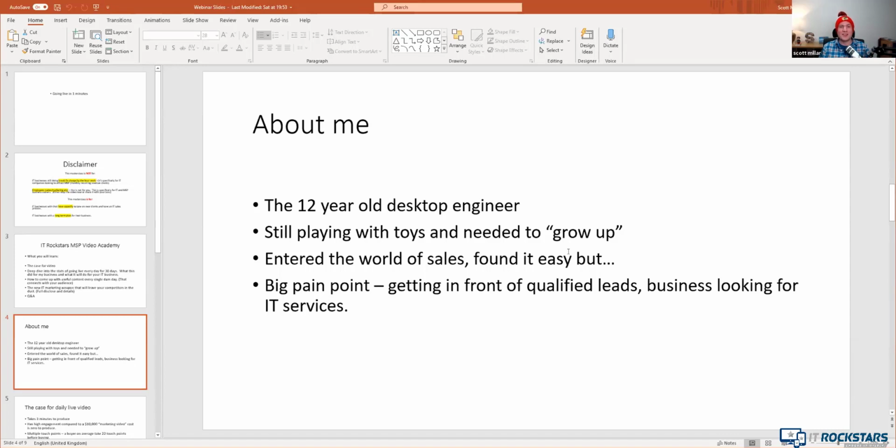So when it comes to generating qualified leads for your IT business, what I'm going to show you is the easiest way to do it. It takes literally 3 minutes of your day. There is no money involved, so there's no budget required, and you will start to attract new business. What I'm going to show you is quite powerful. There's not a lot of people doing it.